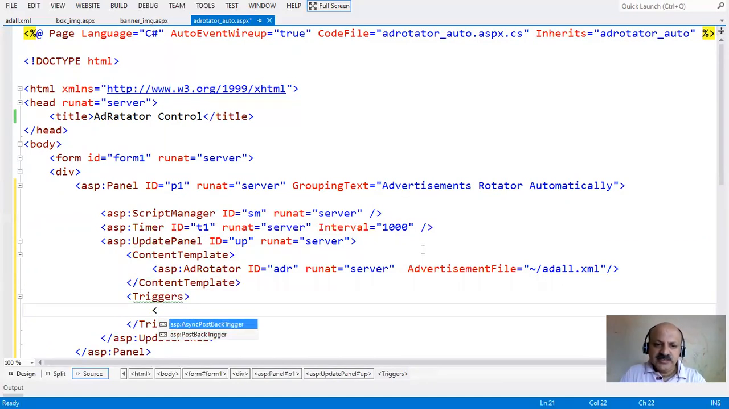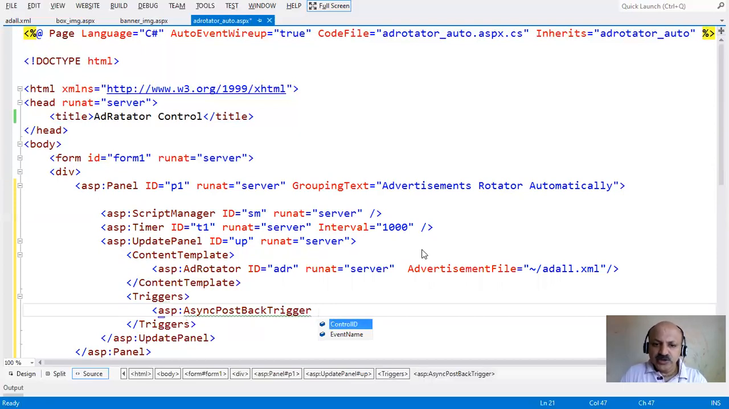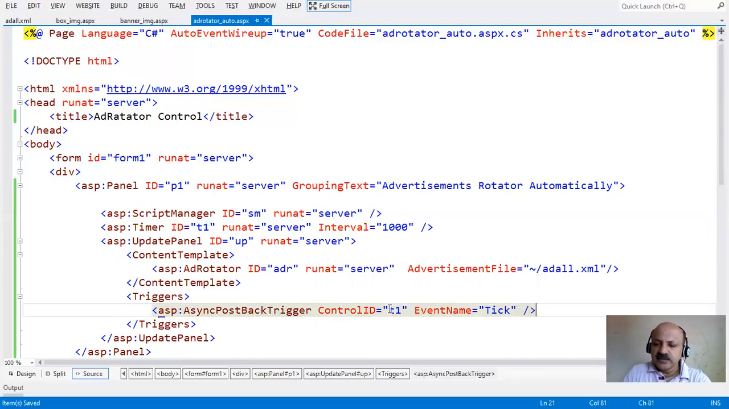So here we add an asynchronous postback trigger, and the control ID has two attributes. For the control ID we give our timer control ID, and the event name is Tick. We can type it ourselves. Then, in the asynchronous postback trigger, write Tick, so that the timer control automatically moves our advertisement,